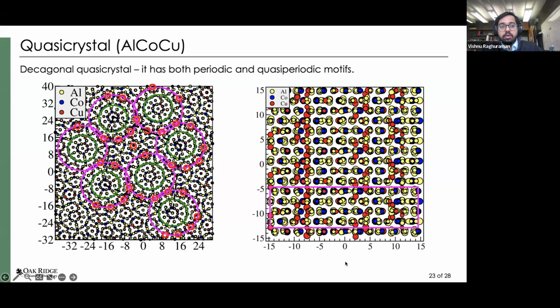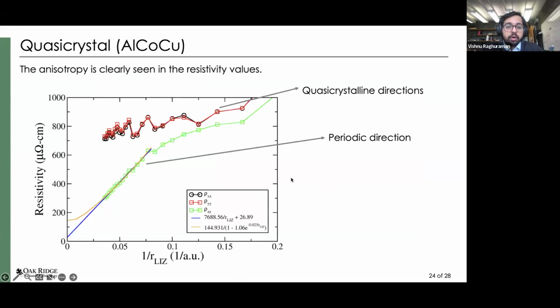So we just took this structure and decided to run Kubo calculations. And we found that as you run Kubo calculations in the X and Y direction, where you observe quasicrystalline motifs, you see a very, very high resistivity, which seems to be very slowly changing. Whereas in the Z direction, where you observe these 8 angstrom periodic blocks, you see that there is